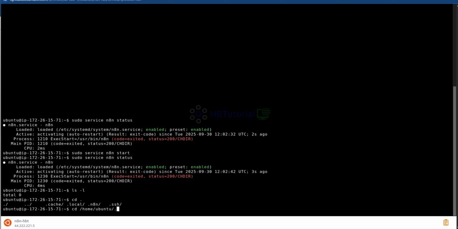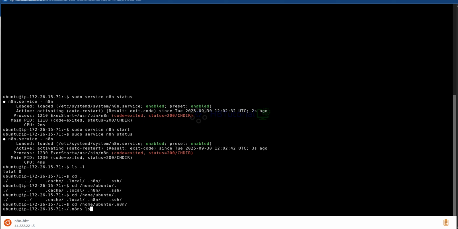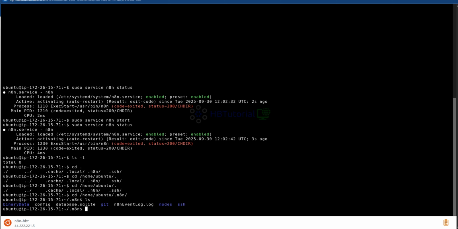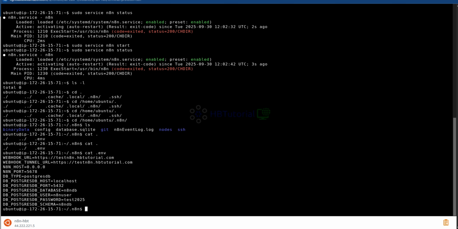CD home Ubuntu. Okay, I know what the issue is. As you can see here, we don't see our. Let me check. Oh yeah, it's here. I thought it's not there.